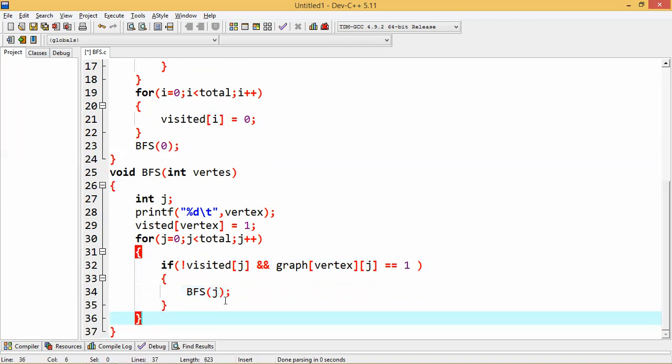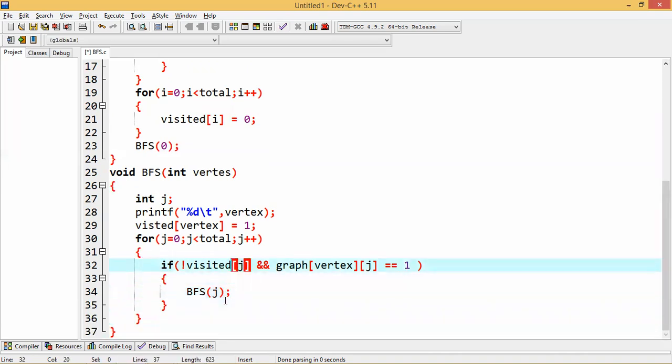That's all. Simple. So any node which is not visited, and from the vertex I have currently printed, meaning it is present in my result, if any connected node has value 1, meaning it is present in my adjacency matrix, then I have to process this particular node first. Then I'll pass this one. Again, from that node, anything connected will be processed. Okay, so let us save this one.